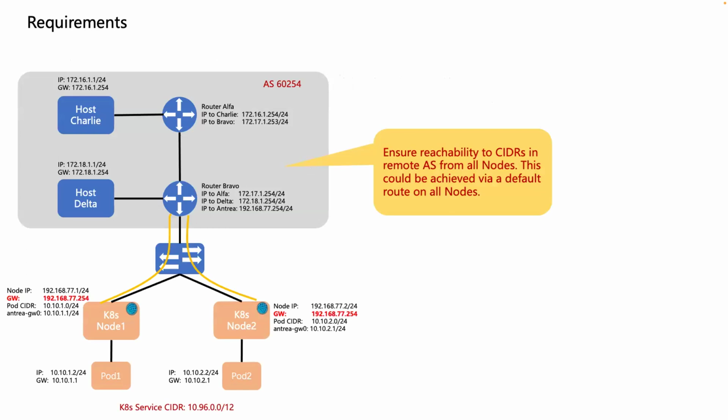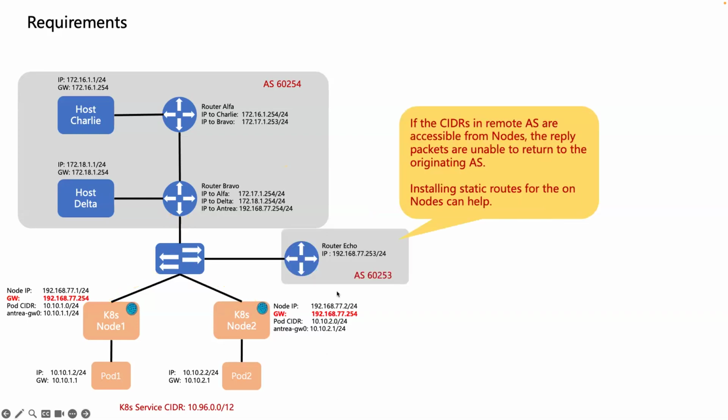We have some requirements about our design. We need to ensure the reachability to the setters in remote AS from all nodes. I'll explain the reason. The reachability can be achieved by the default routes on all Kubernetes nodes. If the setters in the remote AS are not accessible from these nodes by default route,